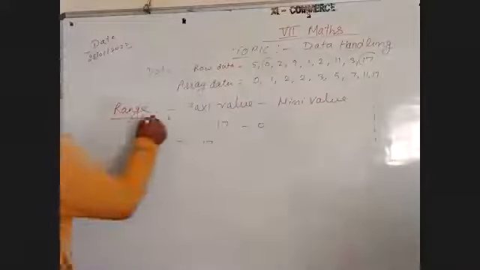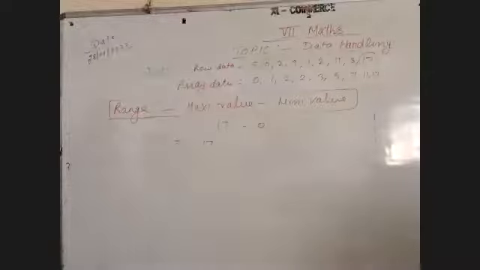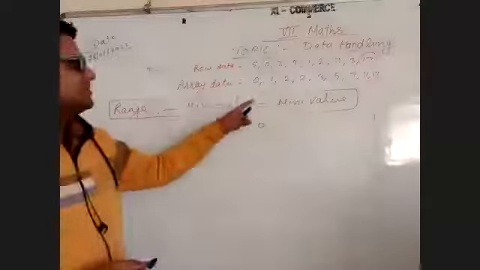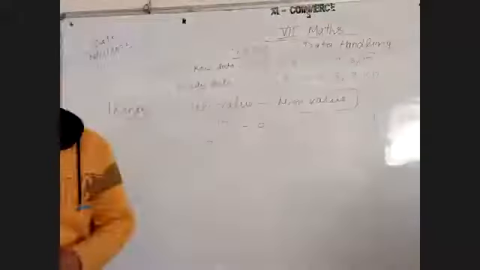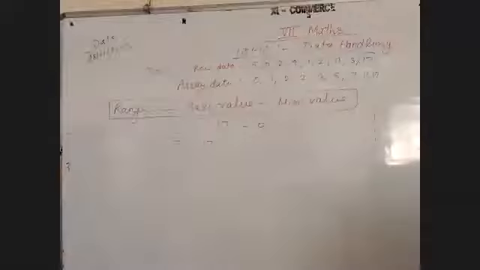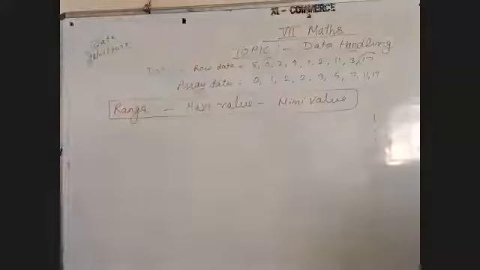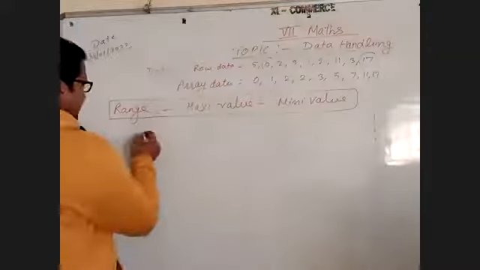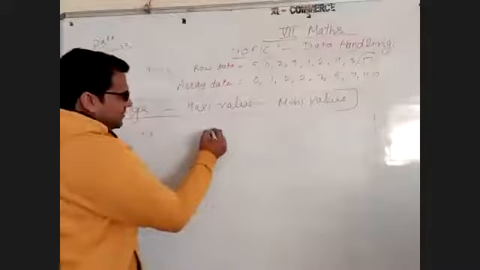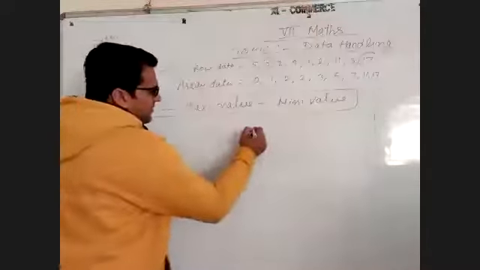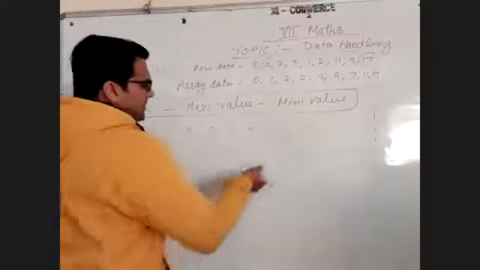So this is the formula to find the range of any data, and we will use it in the exercise: to find the range, maximum value minus minimum value. The maximum value for the data is 17 and the minimum value is 0. Now we will take another example to understand the range. Let us take an example where data is given in this form: 2 3 4 9